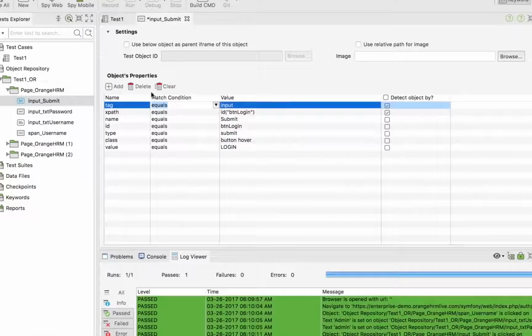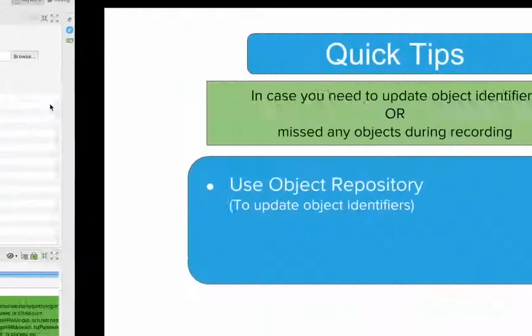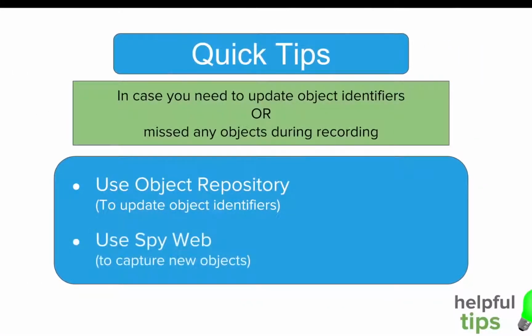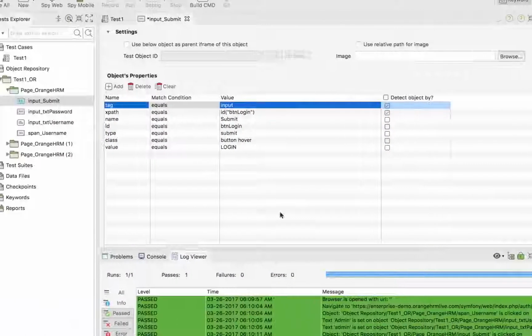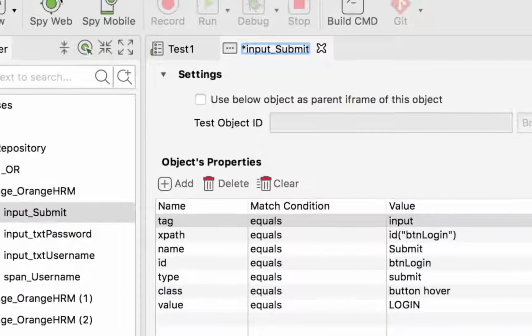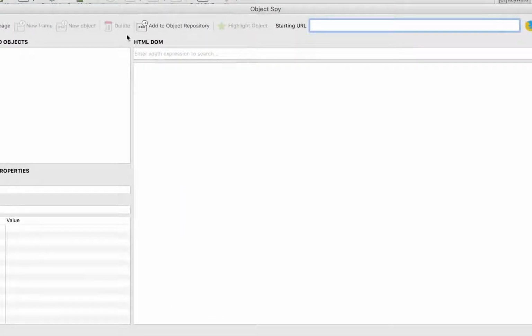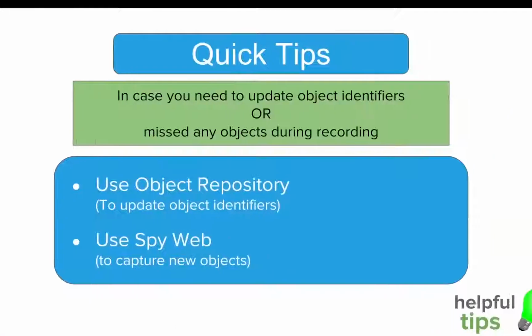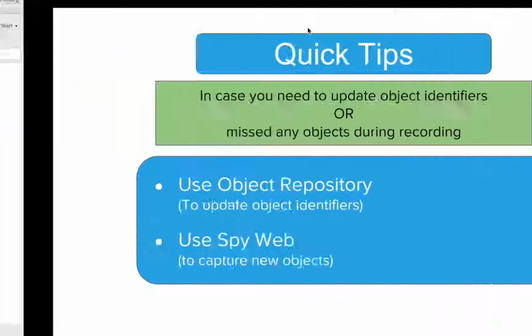So this is how you can very quickly update your object identifier. The second thing is, in case you want to capture a new object, you can go to Spy Web at the top menu. It will open this window, and again you have to give a URL. So I'm going to give my same URL here,